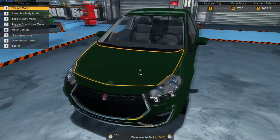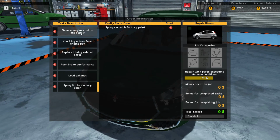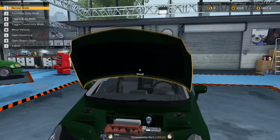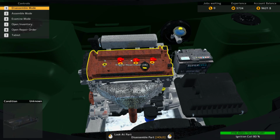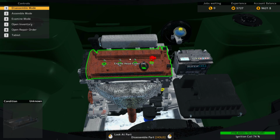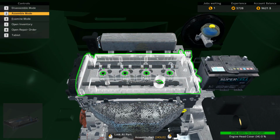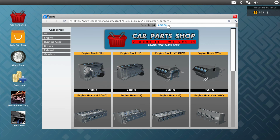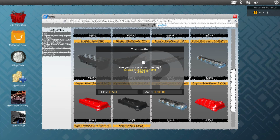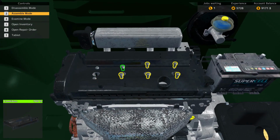Alright, so we got this Bianco here. And I can show you the spray it with factory paint, that new feature, I guess. So we have to take off this engine head cover. Not really sure why the engine head cover would be so rusty, considering it's probably made out of plastic or something similar. It still doesn't really make sense how or why it would be rusty. I mean, it's black, so it looks kind of like plastic. I mean, I'm no expert, but...